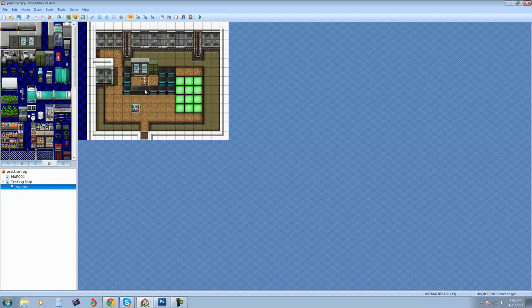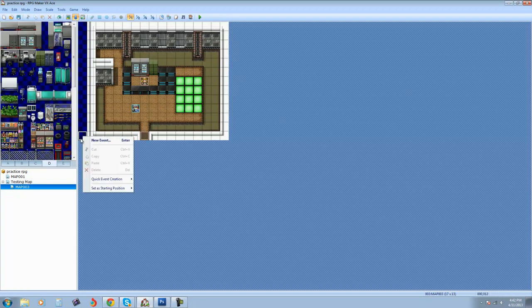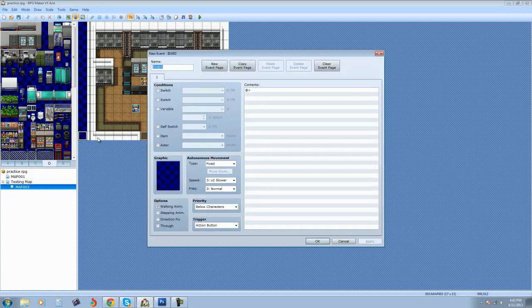We're going to make a new event anywhere on here. We'll put it in the bottom left or top left. Oops, bottom left. And we'll say new event. And in this event, we're going to make it a parallel process or an auto run. You can do either. We'll go with auto run. I'll teach you about parallel processing in another tutorial. So auto run,